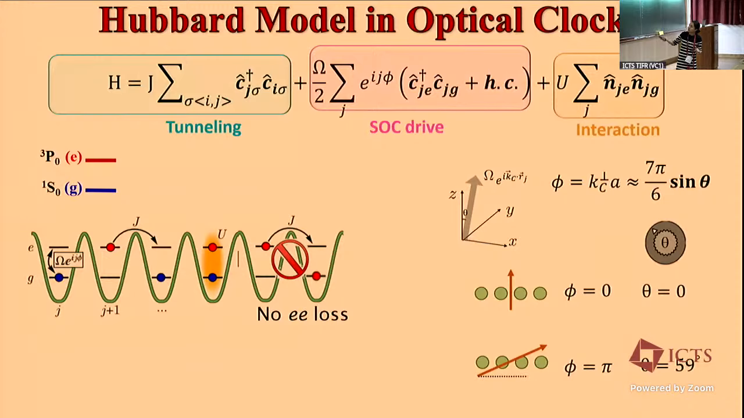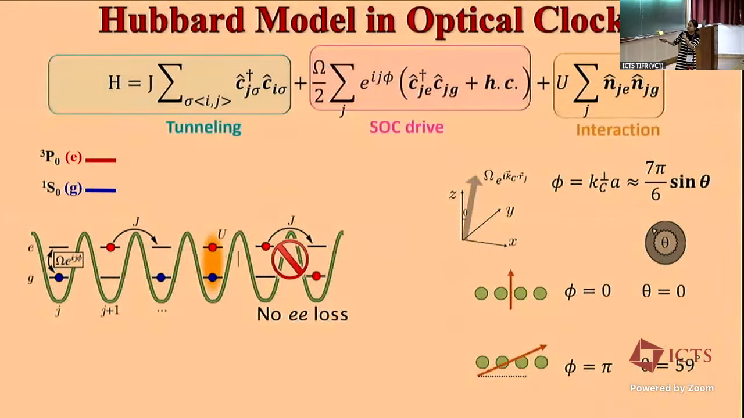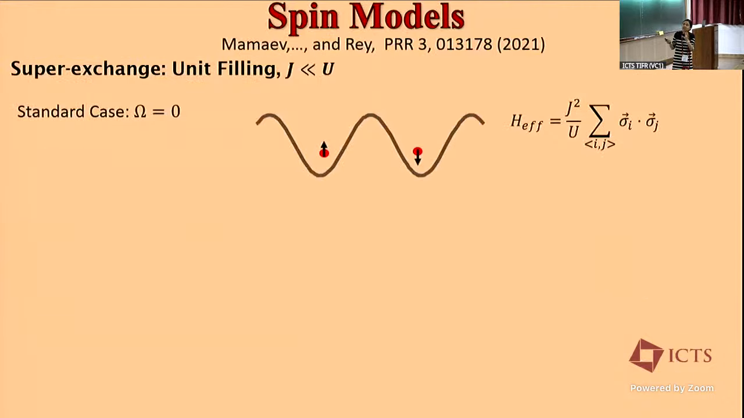In that case, for example, if I orient my clock laser vertically and the motion is along the XY plane, there is no spin orbit coupling, or I can make the spin orbit coupling as large as I want. This phase can be equal to pi, making the spin orbit coupling the strongest possible. So the last part that I wanted to mention is that now if the particles are moving in the lattice,